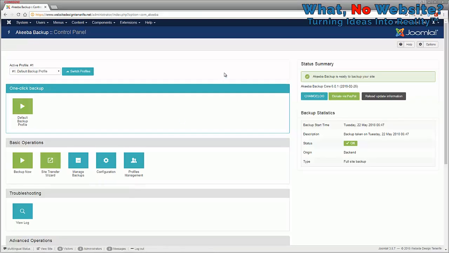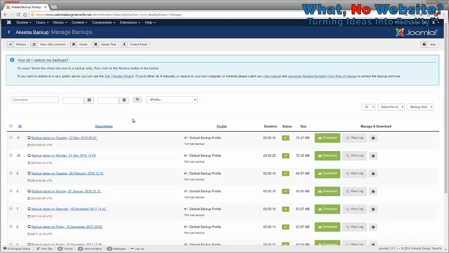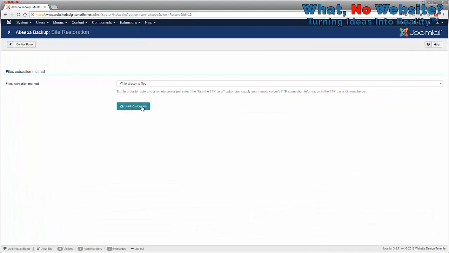So here we are back at the backup control panel, and you'll see here we have an option that says Manage Backups. So I'm going to click that, and then we'll see the backup that we've just taken. So we put a tick in that box and we click Restore. What this does is takes us through a restore process. So we start the restoration,